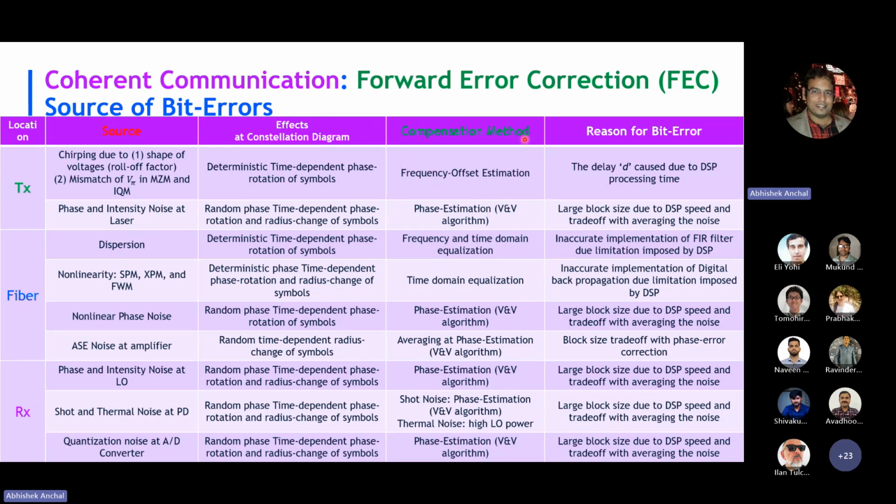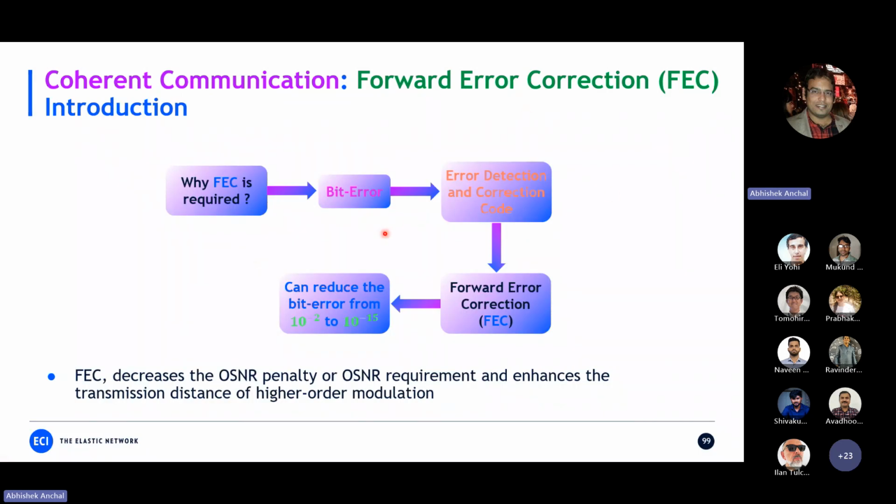But even if the receiver tries to remove those noises, there is still residual noise or residual distortion present in the symbol because of some limitation of the DSP as well. So there is always some bit error present, and as long as the bit error is below a certain threshold it is fine. But sometimes the bit error is very high, and then you can't lock a transceiver. So you need to reduce the bit error so that we can lock the receiver, or you can say that you can faithfully recover the original bits. For that purpose, we use FEC. FEC is forward error correction, which is applied at the transmitted signal or transmitted bits,